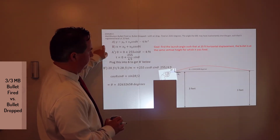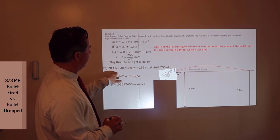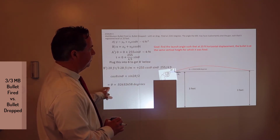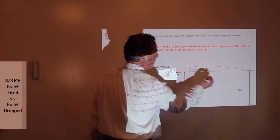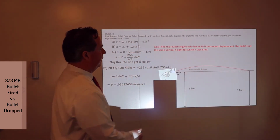I set my x-coordinate to 20 feet away. I've converted to meters here. And I'm going to solve for the launch angle. And I got 0.02632658 degrees. So at that angle, 20 feet from the launch, I would expect the bullet to be back here, satisfying Adams' test,